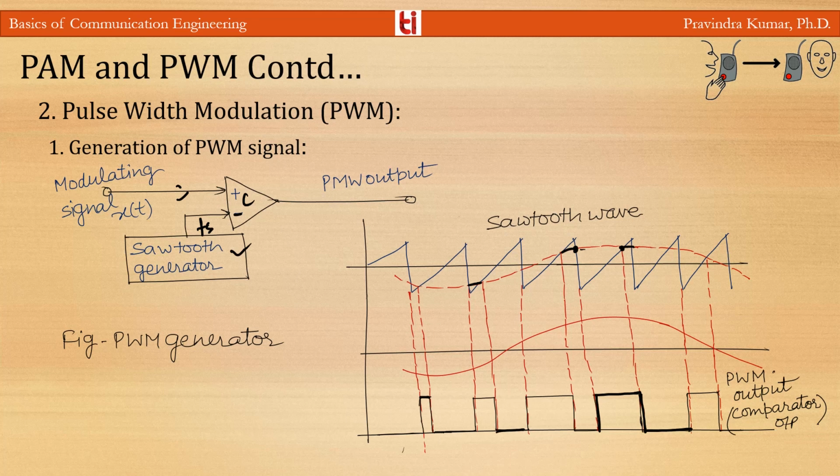So the leading edge of the PWM signal is always generated at a fixed time instant, and the occurrence of its trailing edge will depend on the instantaneous amplitude x(t). So the PWM signal is said to be trailing edge modulated PWM. That's why. Here you can see we have generated the PWM signal at the output of the comparator, and this comparator every time compares the value of the modulating signal and the sawtooth, and based on this the duration of your pulse is decided.